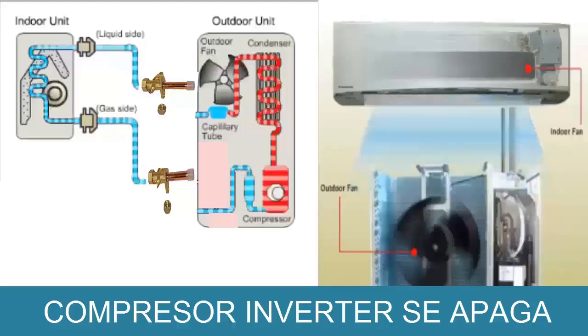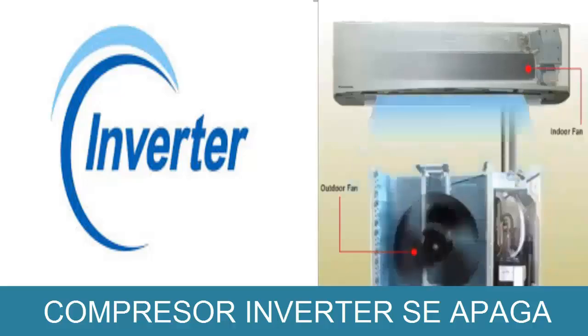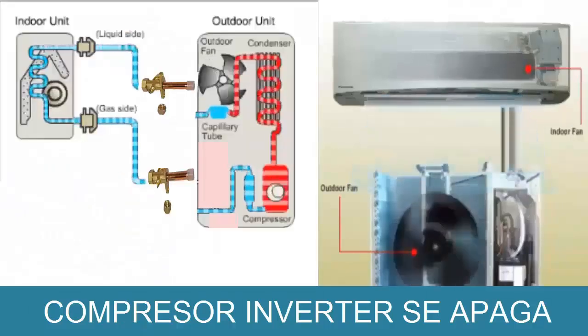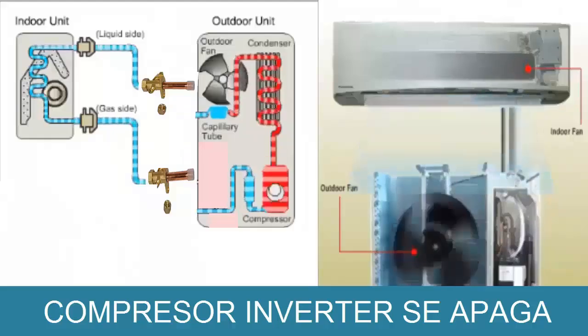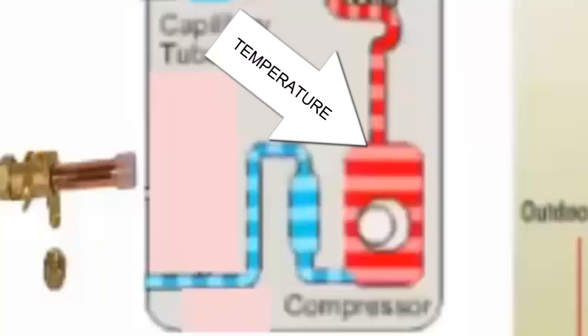In this video, we will analyze a common issue in inverter air conditioners. The unit powers on normally, operates correctly, and even cools the room in many cases, but then suddenly shuts off. This problem can be caused by several factors, including excessive temperature in the compressor due to overload or failures